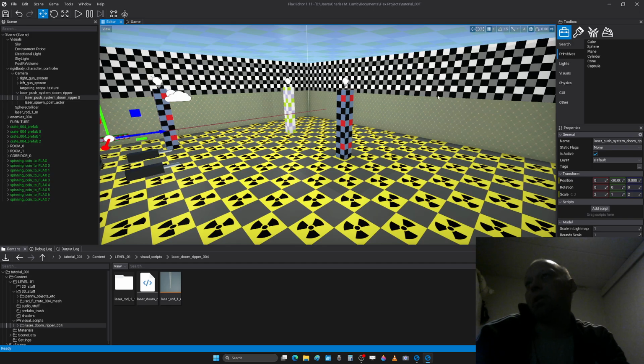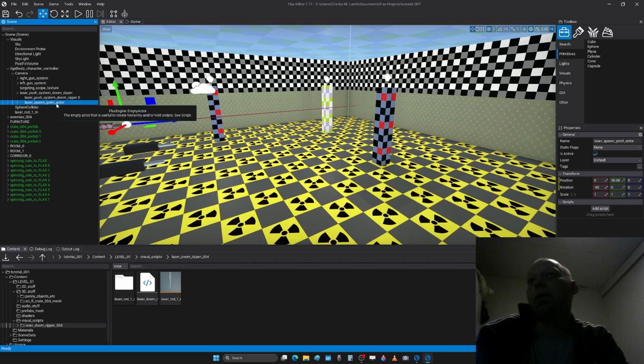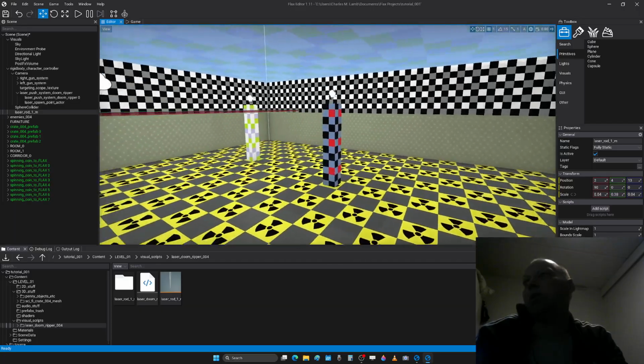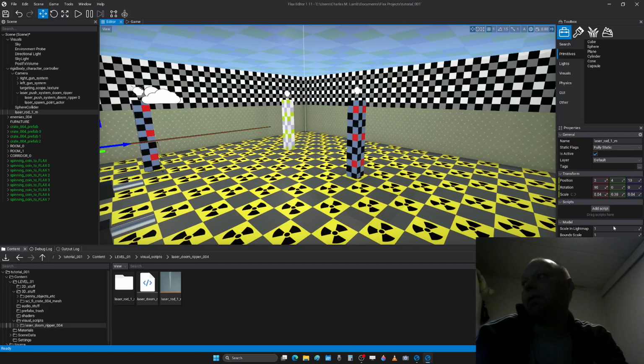multiplies it by it. Suppose that there is a 1/2 meter to the wall, then I take the length of this and multiply it by 1/2 and scale it to 1/2 of this, in this direction also, of the blue arrow. So let's see if we have the laser rod here, and I don't know if it's that easy to see, but you can see that I can scale it on this value here to give it a length. It's a bit easier to see here, that I can scale the length in just this one direction, so that if I